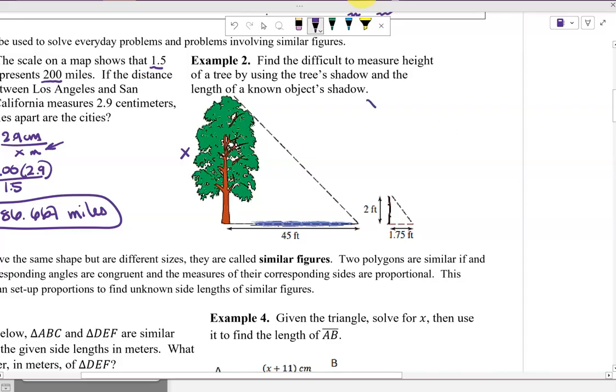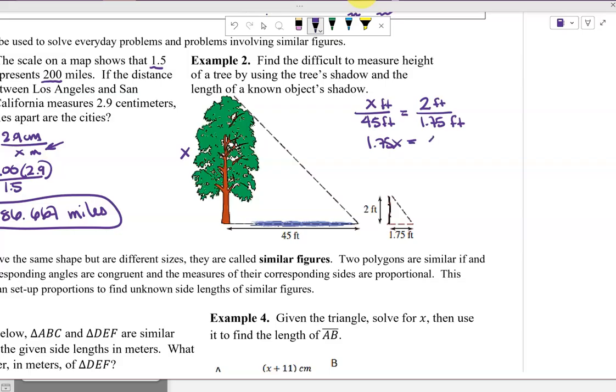Height of the tree to its shadow, which is 45 feet, is going to equal this other ratio, height of the known object to its shadow, 1.75. Now those are all measured in feet, so our answer is going to be in feet. When I do the cross product, I'm not going to bring feet along. I just know that the units are feet. So x times 1.75